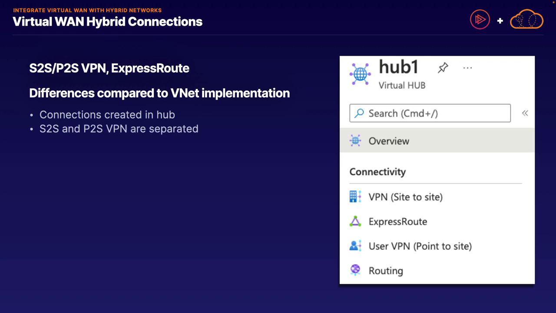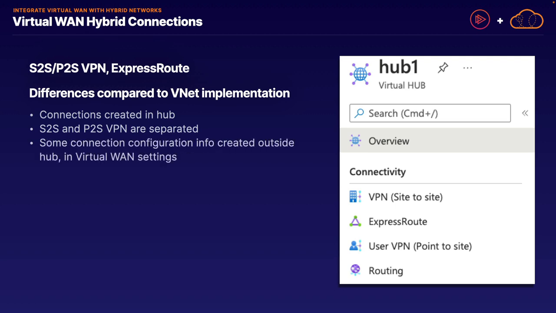Also, the site-to-site and point-to-site VPN configurations and the gateways for that matter are completely separate. In other words, we create a separate site-to-site VPN gateway, which is not the same as a point-to-site VPN gateway. They're two separate products. Also, be aware that the configuration process is different between our different connection types, and that